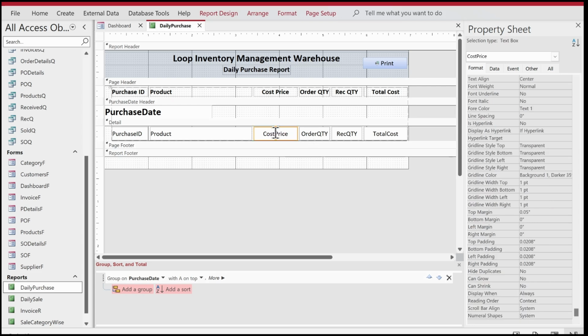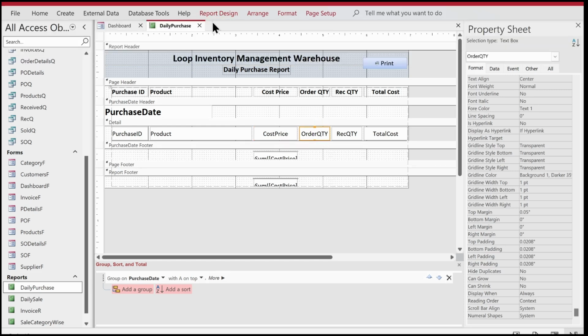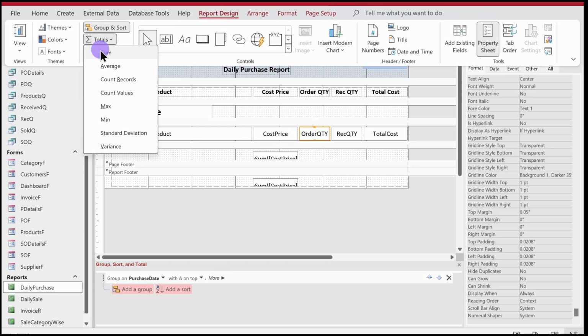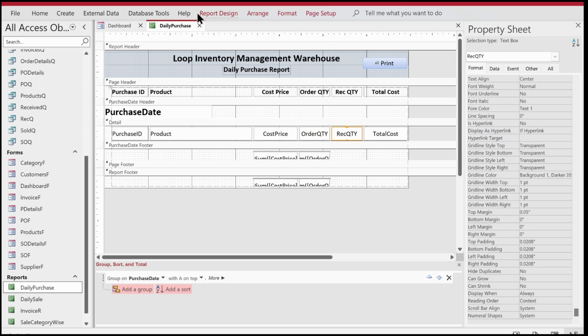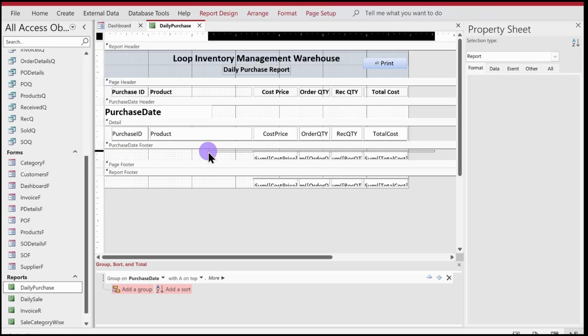All right. Now, how about having the total of these particular text boxes? To get the total, we'll select one by one. This again, this is an Access thing. We have to do it one by one. I wish there was a way we could select all and get the sum value. Okay. So we go here. Actually, we don't need this total, so we get rid of this